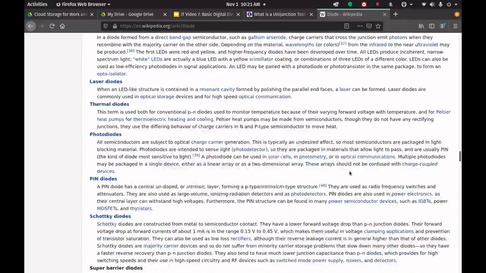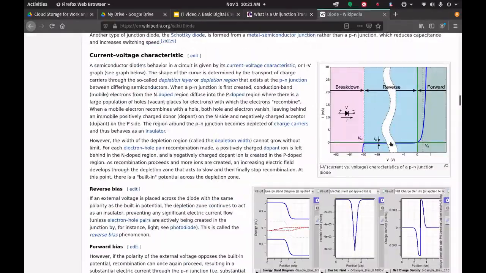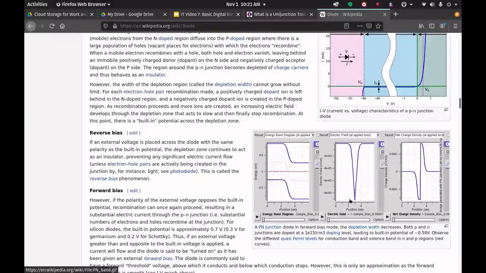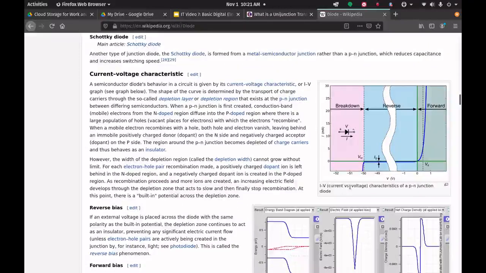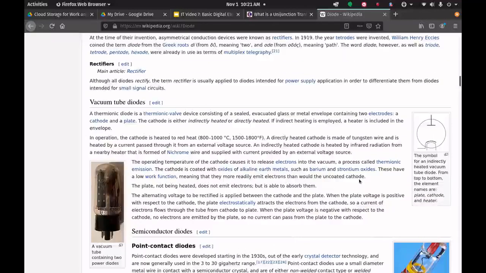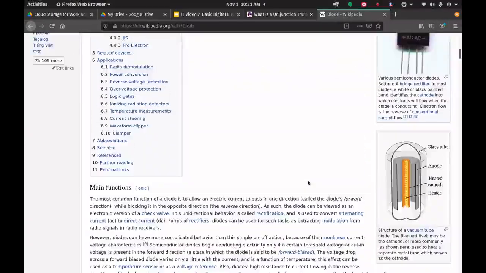If you want to learn more about diodes, take a look at the Wikipedia page. It's going to give you some animations of how the diodes work in terms of voltage and current, as well as some pictures of different diodes and even vacuum tubes, which were the precursor to diodes, or I should say